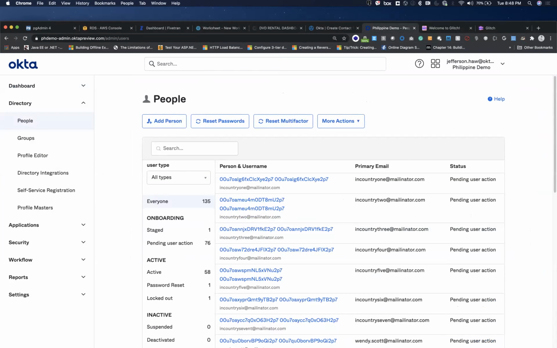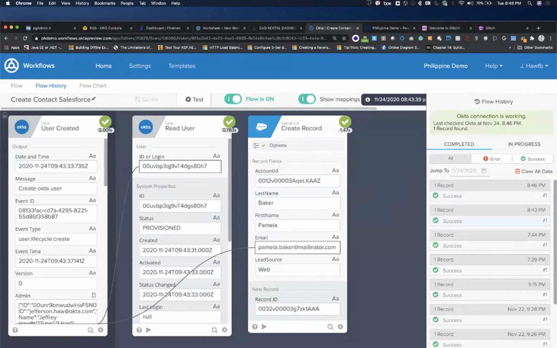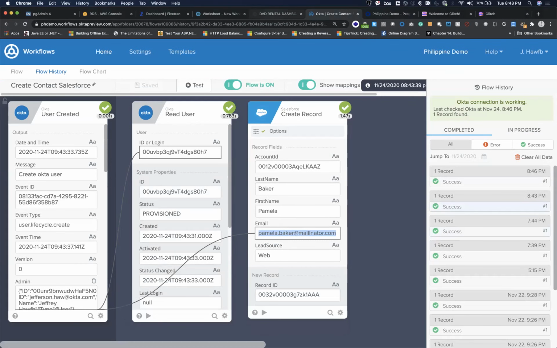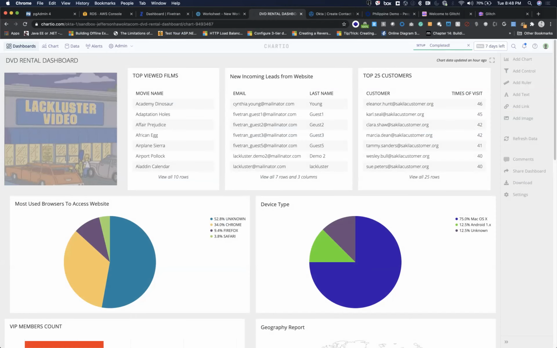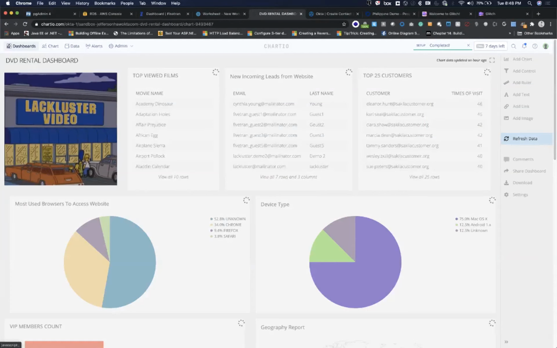So while we're waiting for that one, which is Pamela Baker's account, what we can do as well is show you how that would look from a visualization point of view using Chartio. So if we go to Chartio, using its integration with Snowflake, it's now able to pick up that data and represent it in a reporting format. If I go to refresh data, you should see additional information